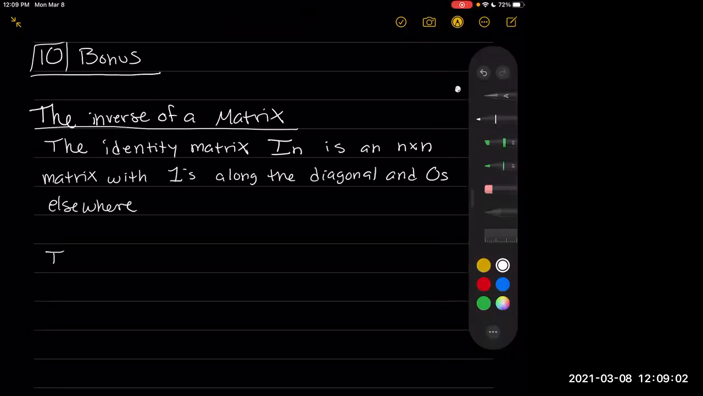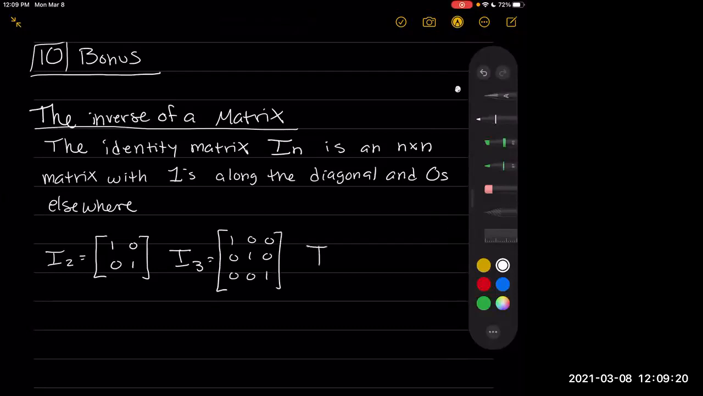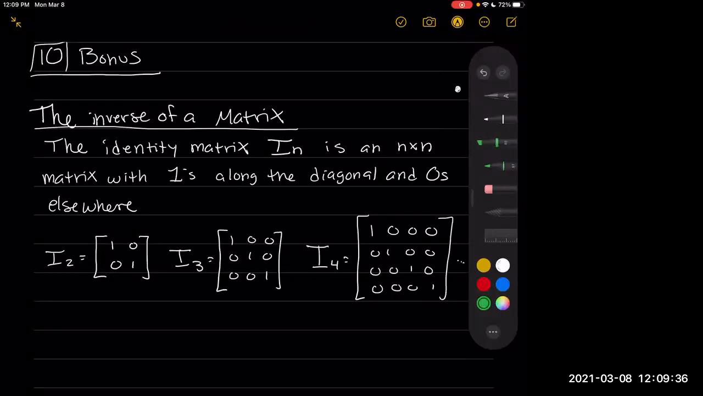So for example, if we had I2, which is our 2 by 2, it would look like 1, 0, 0, 1. I3, which will be a 3 by 3, will look like 1, 0, 0, 0, 1, 0, 0, 0, 1. And I4 would look like 1, 0, 0, 0, 0, 1, 0, 0, 0, 0, 1, 0, 0, 0, 0, 1, and so on. But the important thing to see is that we always have